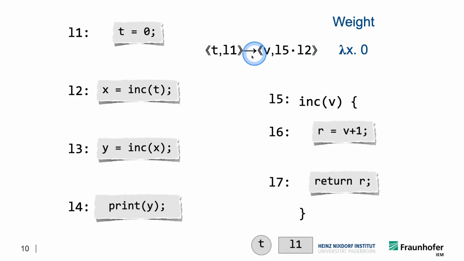Now, what you see here is the next rule. This is the push rule that we have for processing the first invocation of this increment procedure on the right-hand side. And this is telling us that the value of t at line 1 is passed to v at line 5, but in the context of the procedure call at line 2. Okay, that's also something I already explained in the previous lecture. And now you see that this push rule is annotated with the very same function here. And this function at this point